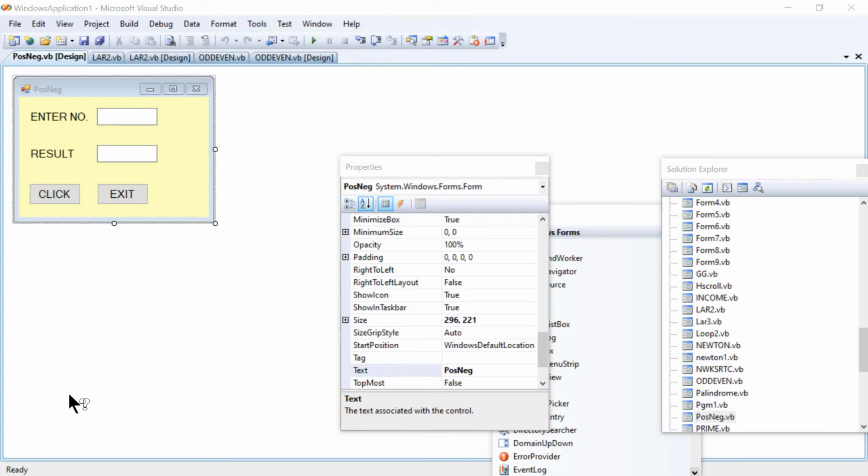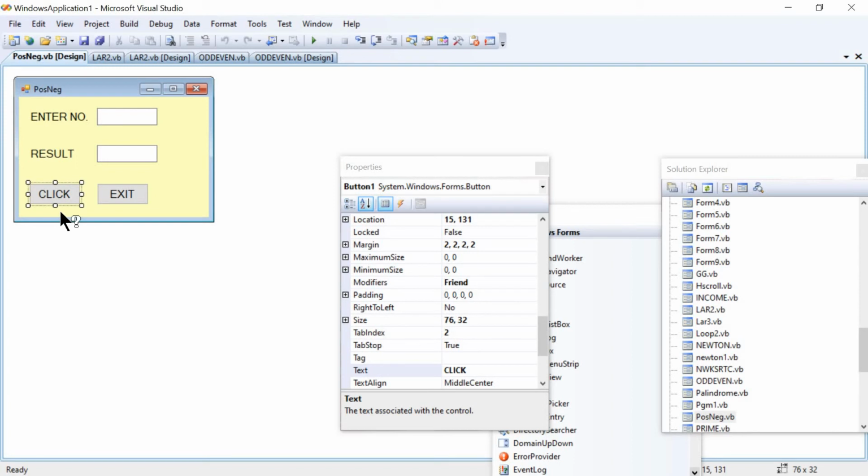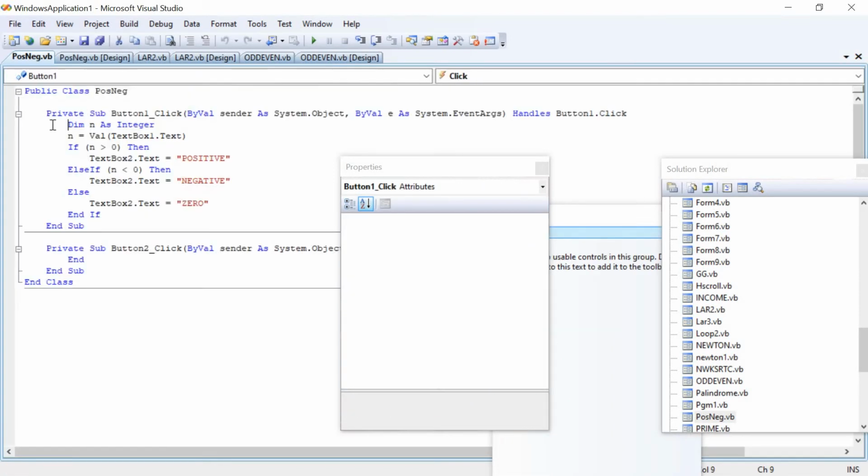Before I proceed to the coding part, this particular program is based on the if then else if statement, and the main coding is given for button 1, that is click. I double click on this one: public class, and here comes the form. Private sub, this is for button 1 click, and here only one variable is taken, that is n, of integer type.